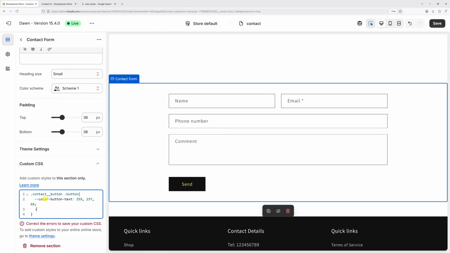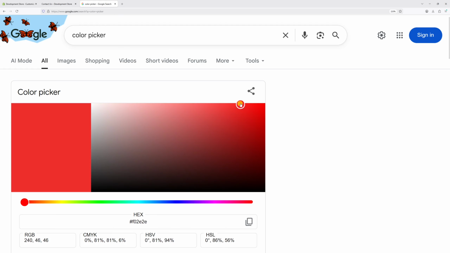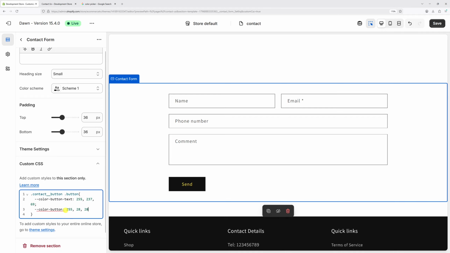On the next line, type $color button, colon, then once again go to Google. Now let's pick the red color. Let's pick this one, and just like before, copy the RGB values, go back to the editor, and then paste them right here, and then add the semicolon at the end. Once you add this rule, click on save,